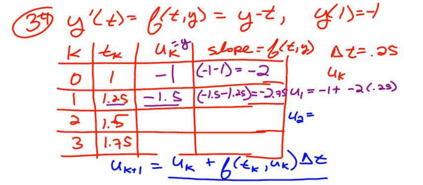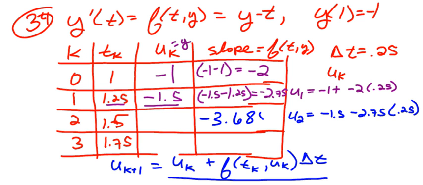I'm going to use the previous U sub k, which is -1.5, plus the slope, which is -2.75, times my delta t, which is 0.25. When I calculate that, I get